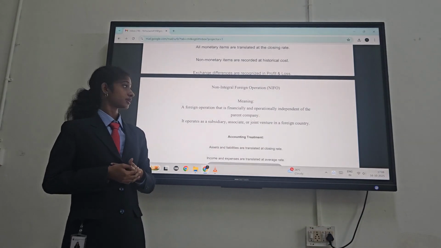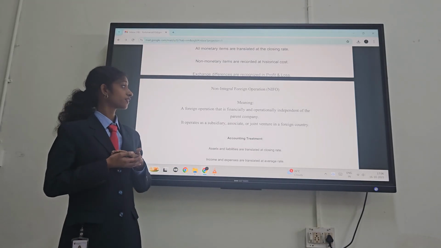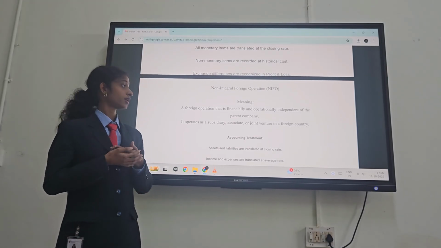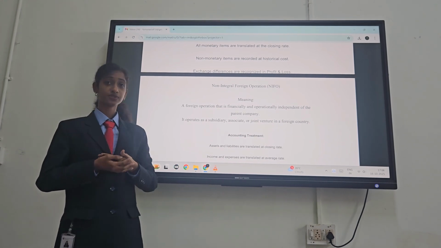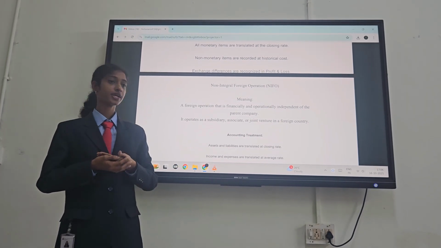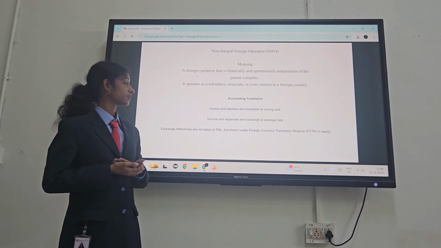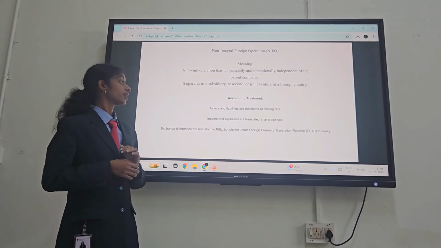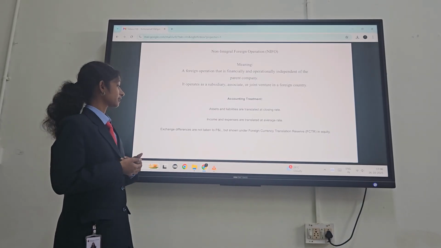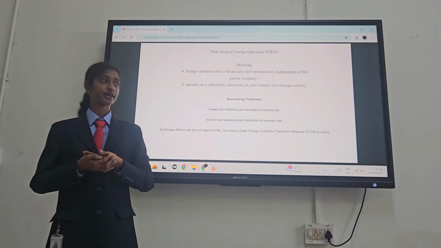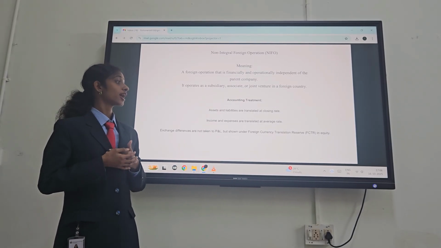Non-integral foreign operations. Non-integral foreign operation means a foreign operation that is financially and operationally independent of the parent company. It operates as a subsidiary, associate, or joint venture of a foreign company. Accounting treatment: assets and liabilities are translated at the closing rate. Income and expenses are translated at the average rate. And exchange differences are not taken to the P&L account, but shown under the foreign currency translation reserve, that is FCTR,